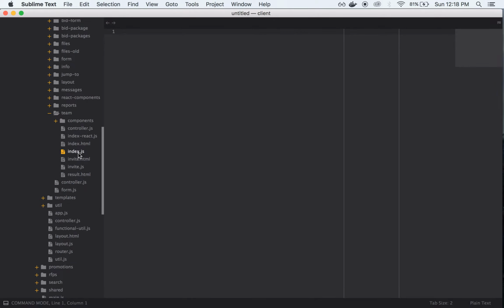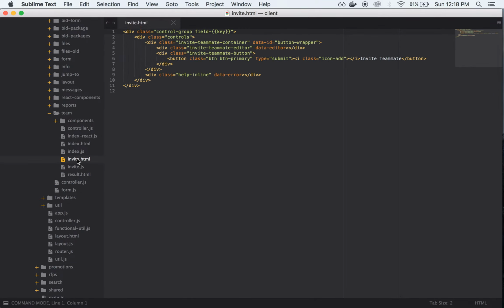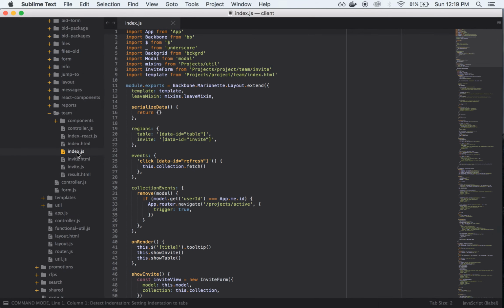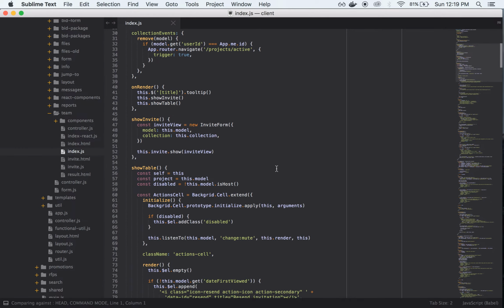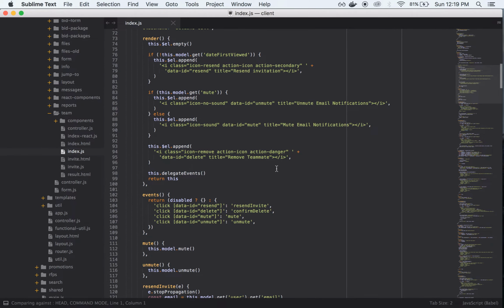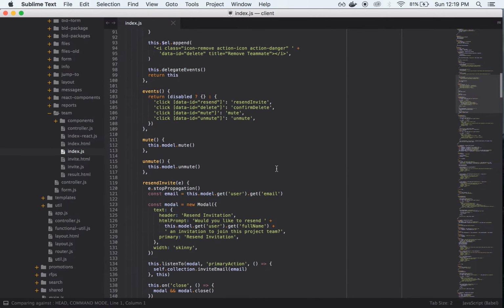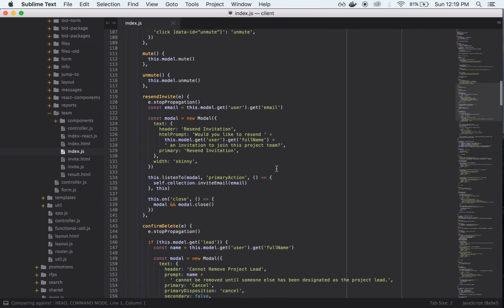So here is where the old template, you can see here's the team, invite teammate container, teammate button. Here's the old Backbone Marionette layout. So basically all of this Backbone code is what I've been migrating over to React in